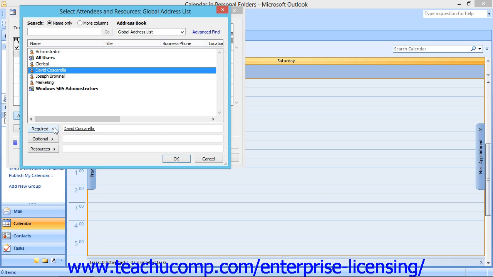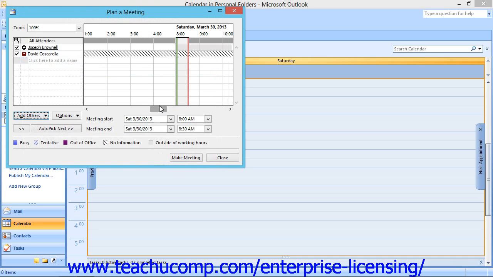Required, which means that the selected attendee is required for the meeting. Optional, which means that the selected attendee can come if they want to. Or Resources, which is used to designate time that a specific resource is requested for use, like a particular room in your office. It's important to note that the organizer of the meeting is always listed as a required attendee. You can then repeat this process until you've invited all attendees and selected all resources. Then click the OK button when you're finished inviting the meeting attendees to return to the Plan a Meeting dialog